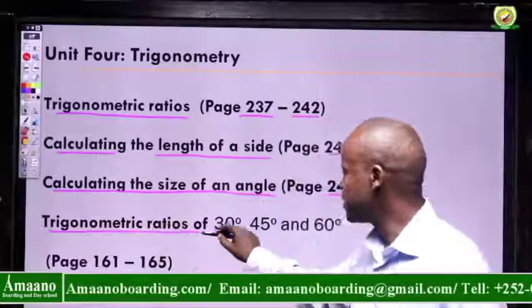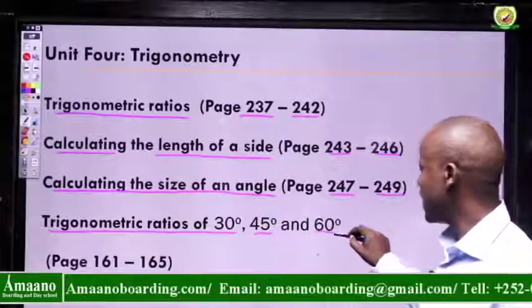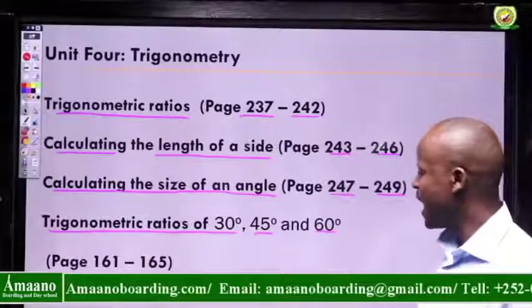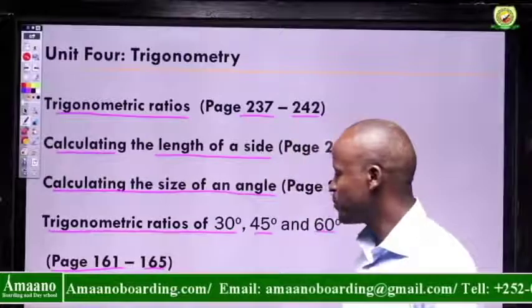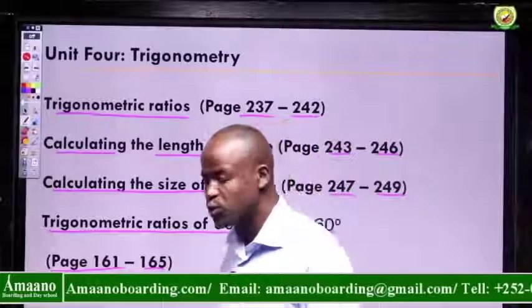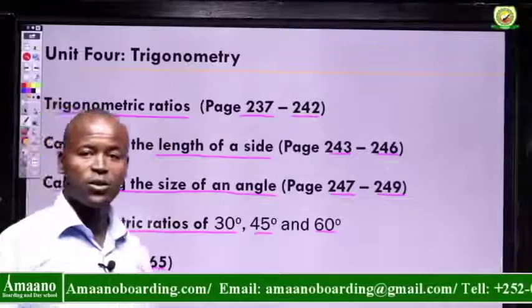The other part is trigonometric ratios of 30 degrees, 45 degrees, and 60 degrees angles. Then you can find this on your textbook from page 161 up to 165. So these are the parts included on your